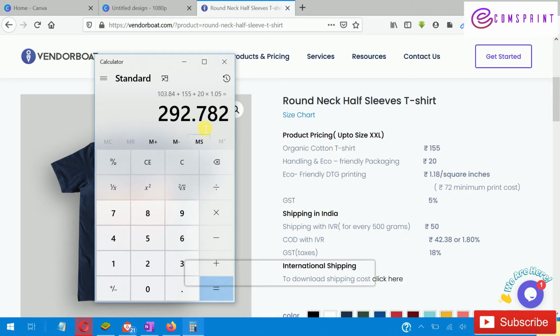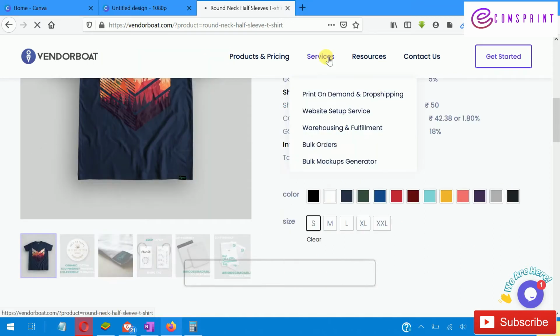And then we have shipping prices. Shipping is going to be approximately 100 to 120 rupees. So let's add 120 rupees if it is cash on delivery. If it is prepaid mode, then it is going to be 70 rupees max. So it is 120 rupees. Let's add, so it's going to be 412 rupees for cash on delivery for an A4 size print. So that is about the t-shirt price.